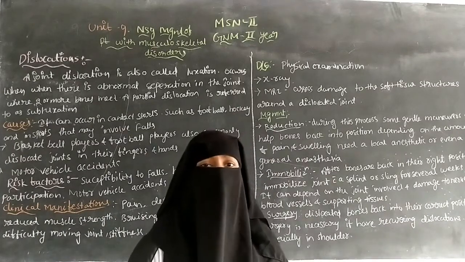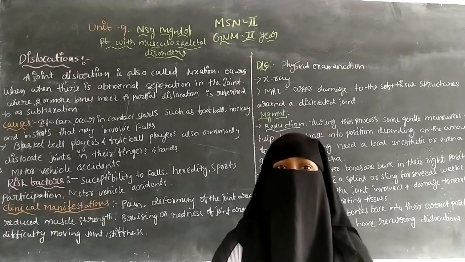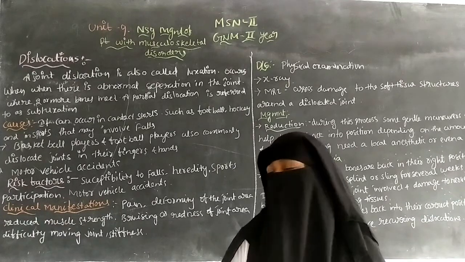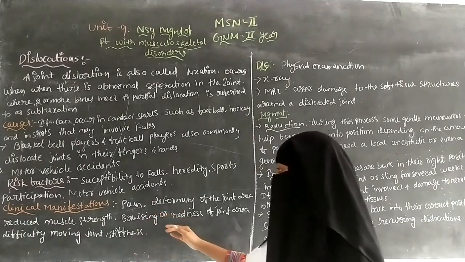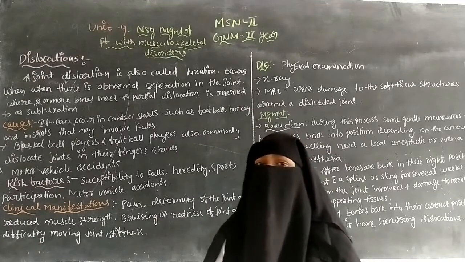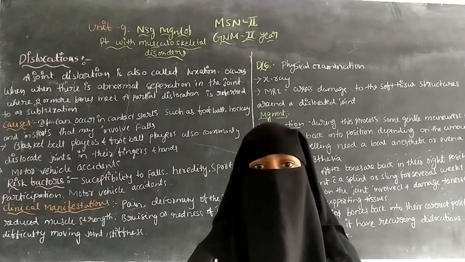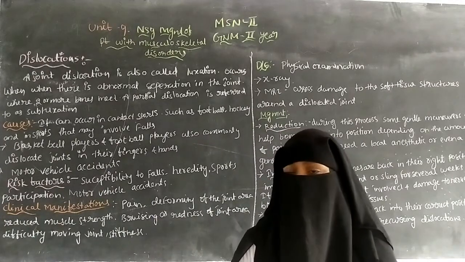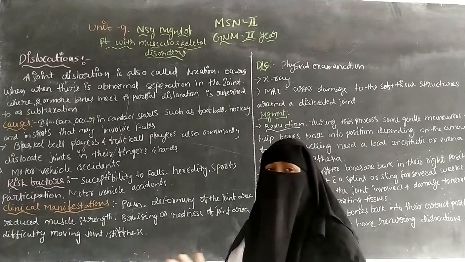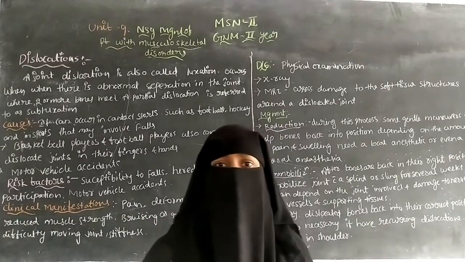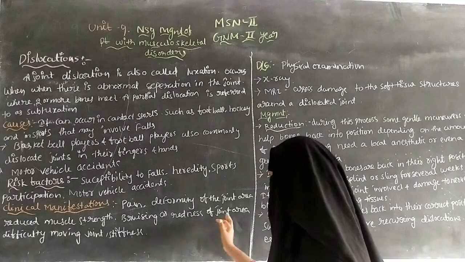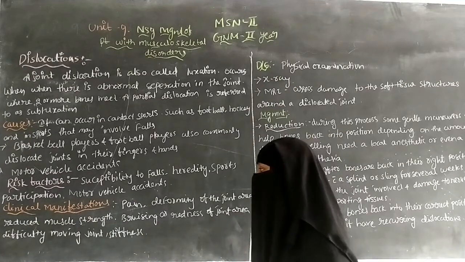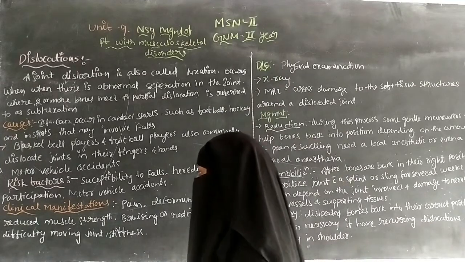Bruising or redness of the joint area. Bruising means there is an accumulation of blood under the skin. Because of an injury or accident, blood accumulates under the skin, and because of this accumulation of blood, it causes redness of the area. So redness can occur around the joint area. That is one of the clinical manifestations.